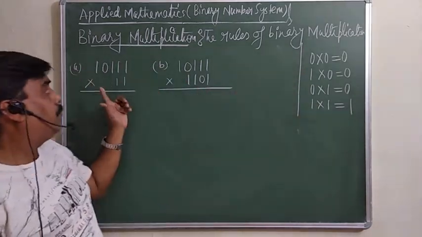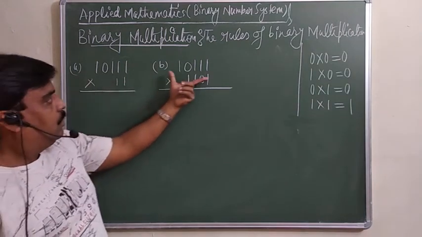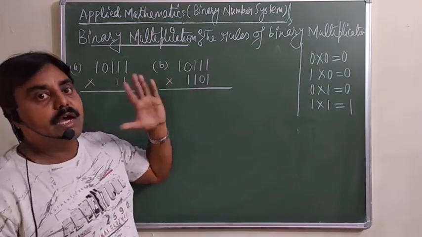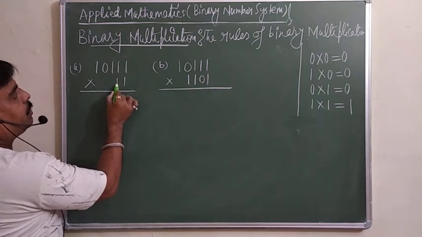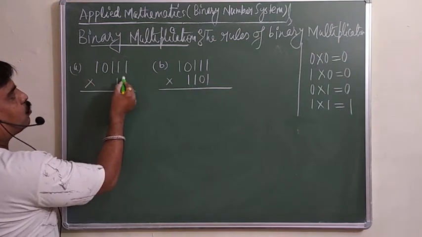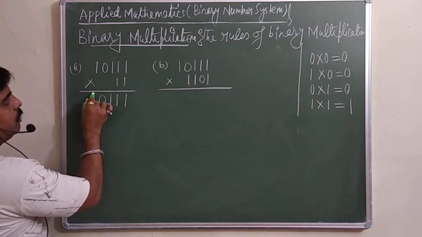लेकिन क्वेश्चन यहाँ पर अटकता है, here only. If you are multiplying this number by this one, then how can you? Look at here. पहले इसको देखिए. What we will do, as usual, we will multiply this by 1 each and every time. So 1 into 1 is 1, then 1, then 1, 0, and 1 is here.